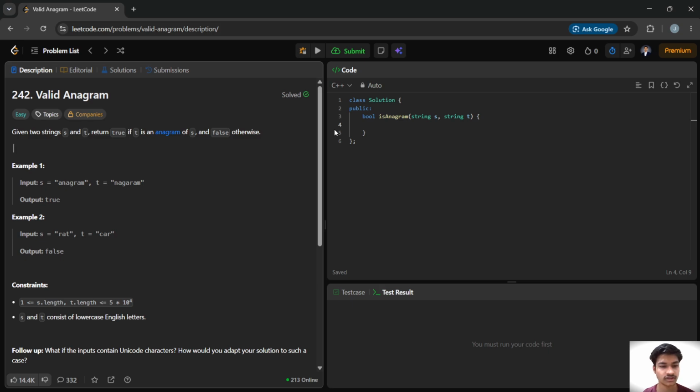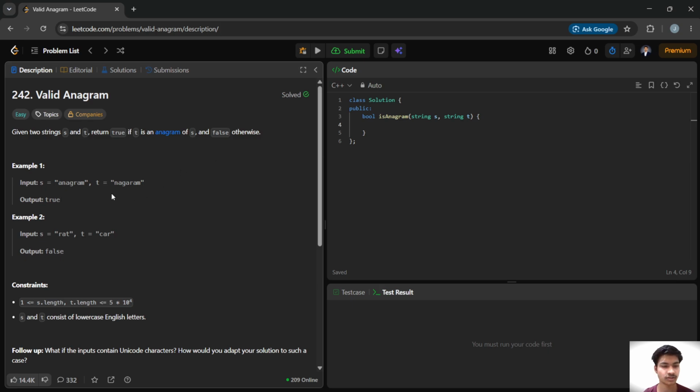So let's understand what an anagram is. Two strings are anagrams if they contain exactly the same characters with the same frequency. The order of the characters doesn't matter.